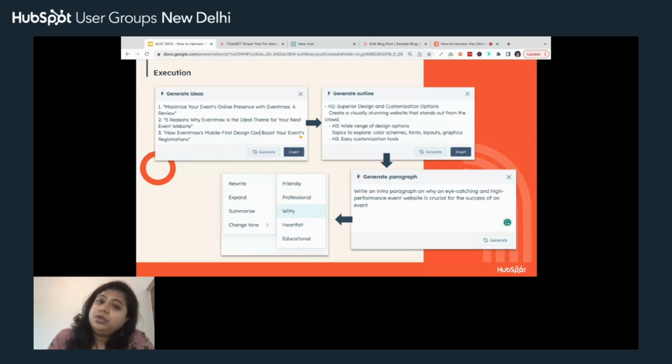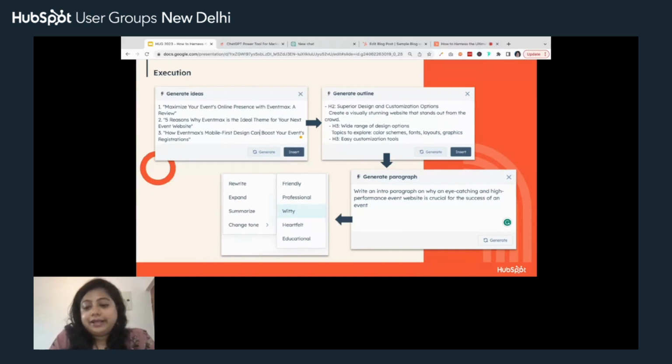And here, what you can also do is, whatever comes out, let's say content assistant is giving you a certain outline, maybe you can take that outline into ChatGPT and tell it to fill in the blanks or tell me something about one particular header, and it will start giving you more paragraphs. It will start giving you more content that you can keep bringing into your blog. So with that, that is how you can create a blog altogether.